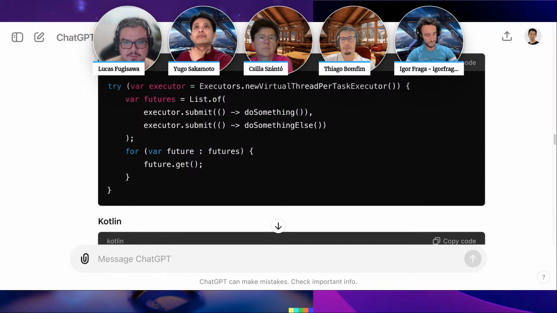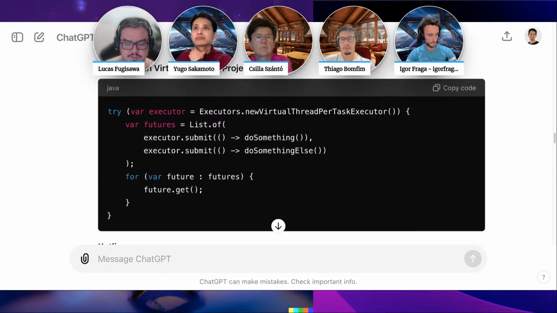There are a lot more features that may come in the next versions of Java for structured concurrency, if I'm not mistaken.